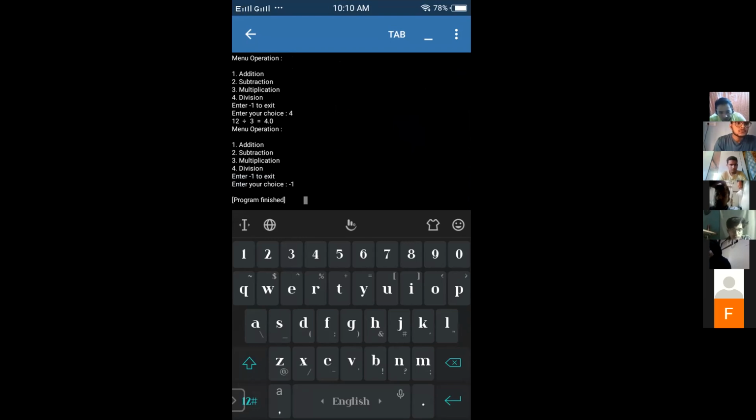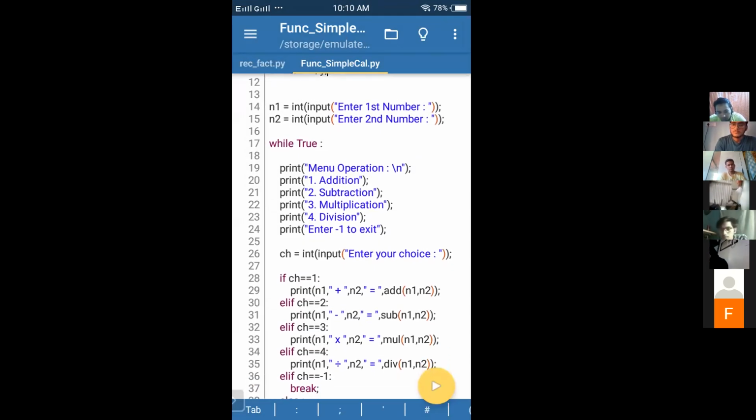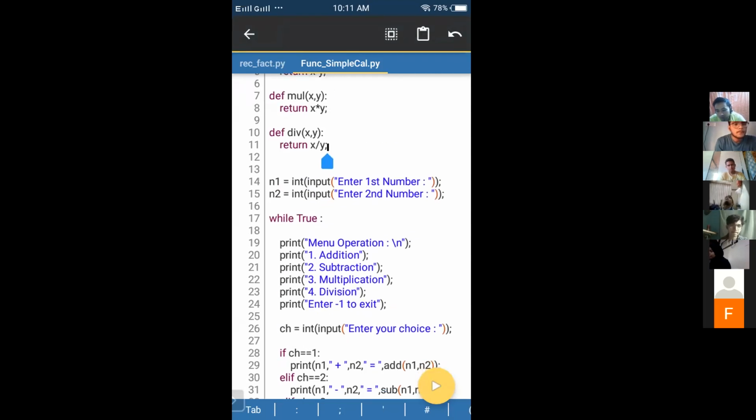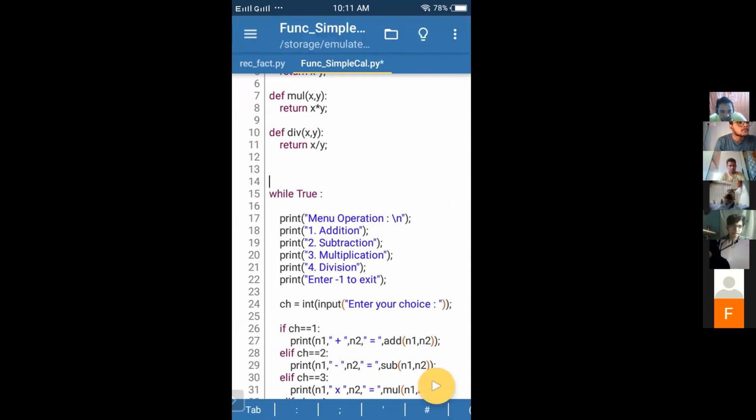Suppose at one point I want to perform the addition of two numbers 5 and 6. Second time I want to perform the operation of 6 and 7. So is that possibility there in your program? Right now, not sir, but I have to make this input in a while loop. Yeah, make it, because whenever you are performing the addition, it is not necessary that the numbers will always be the same, na?